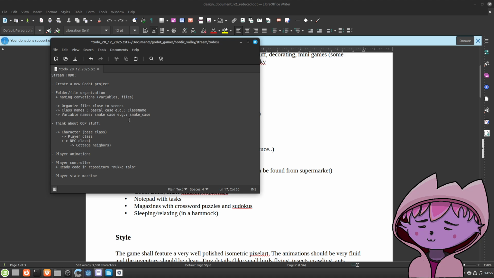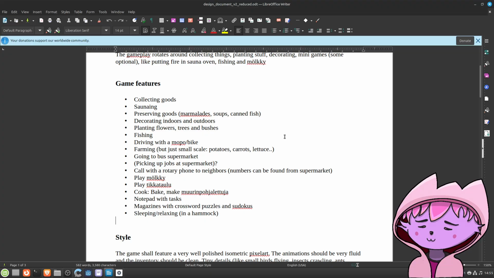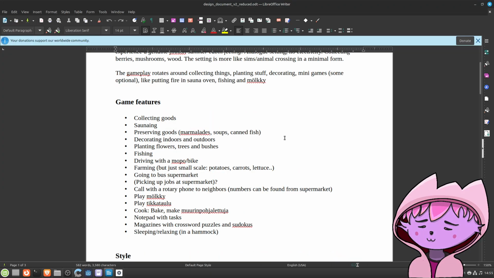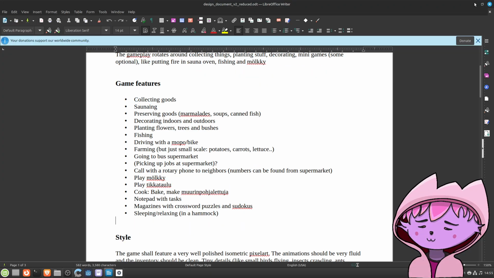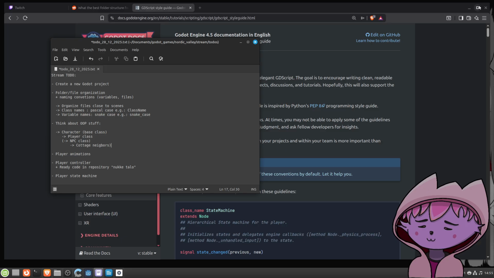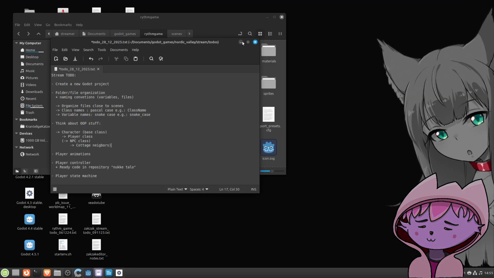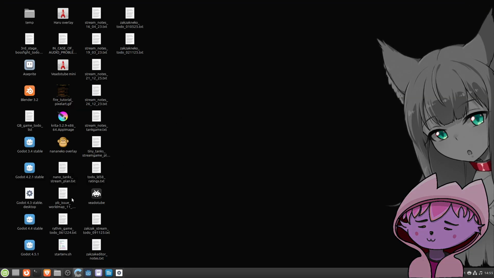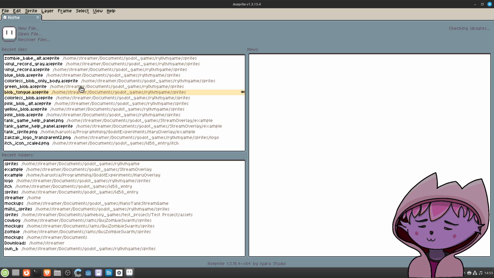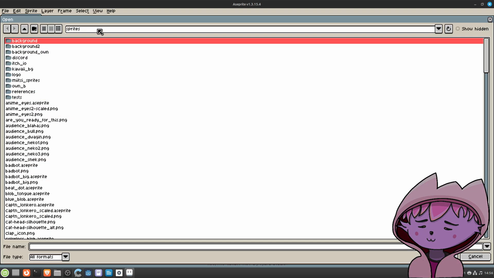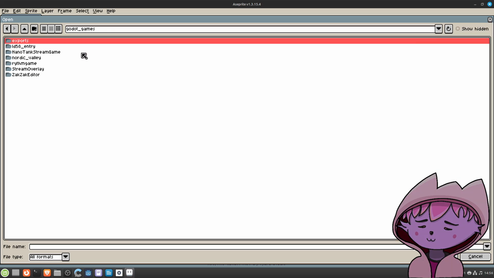Yeah, that's one of the only things I'm thinking of including in the game when we say we have a life sim. And to give you guys an idea how the game looks, I have an early mockup somewhere, Nordic Valley.